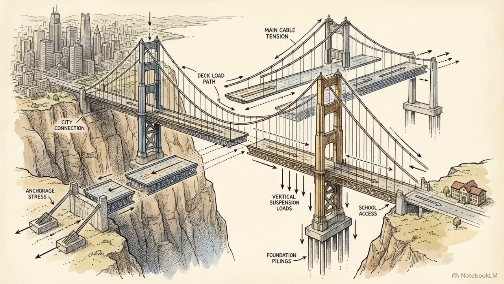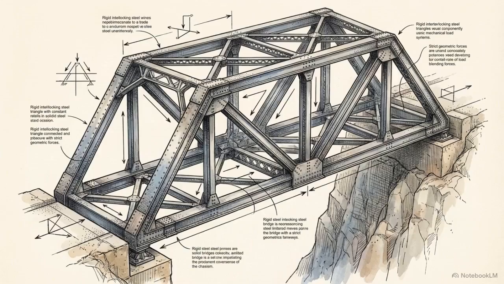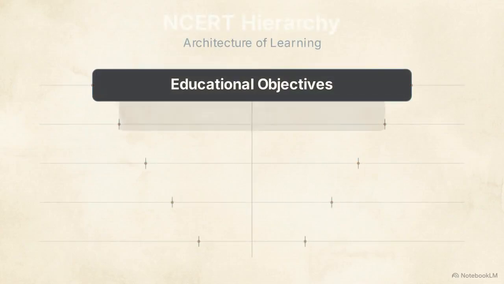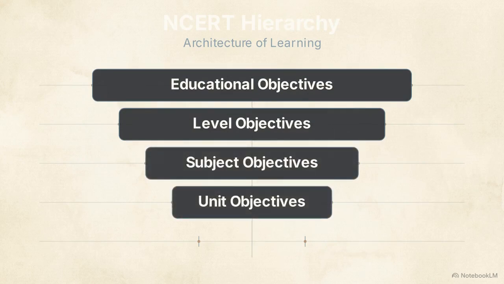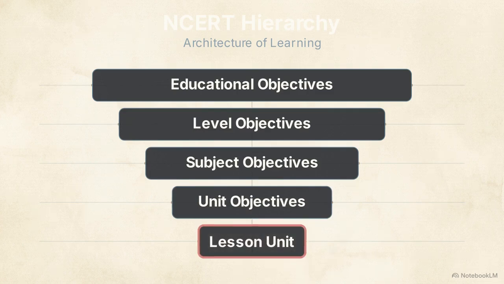To bridge the gap between those massive societal goals and a daily lesson, educators rely on a rigid structural pathway to drill down from the macro to the micro. This diagram illustrates the NCERT hierarchy. Broad educational objectives step down into level objectives. These isolate into subject objectives, like history, which narrow into unit objectives, and finally arrive at the foundation, a precise,